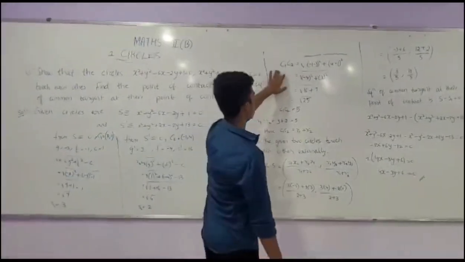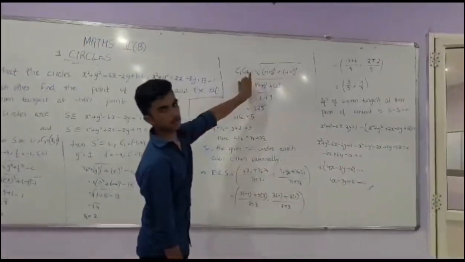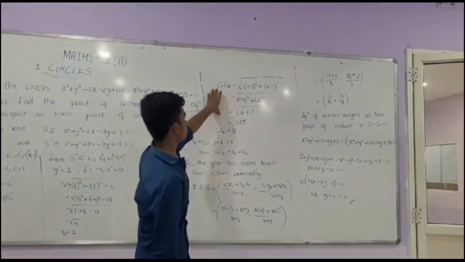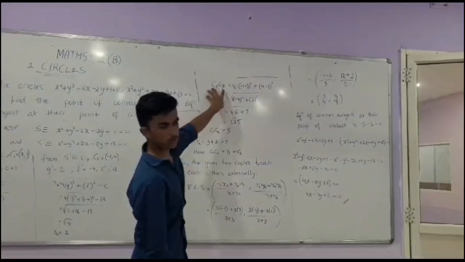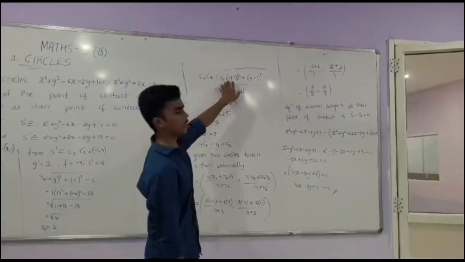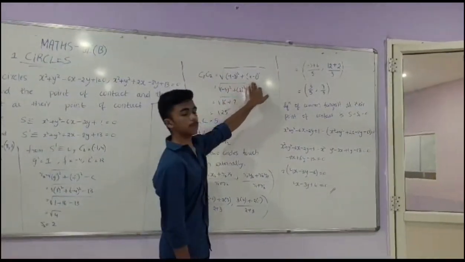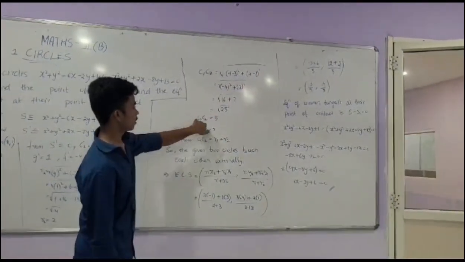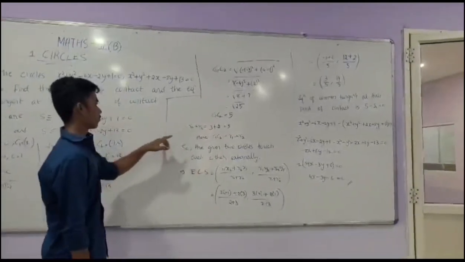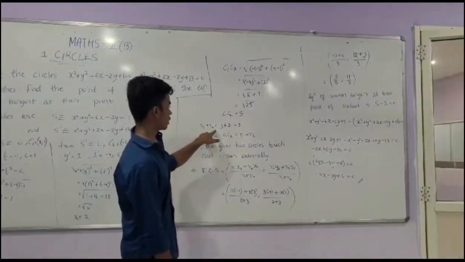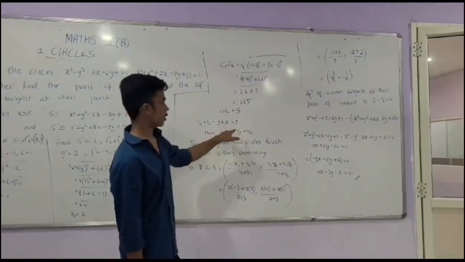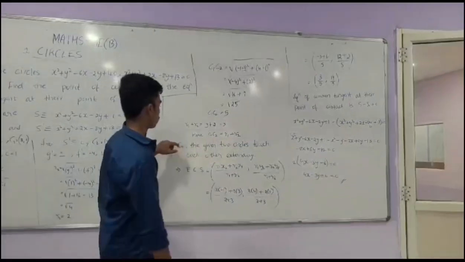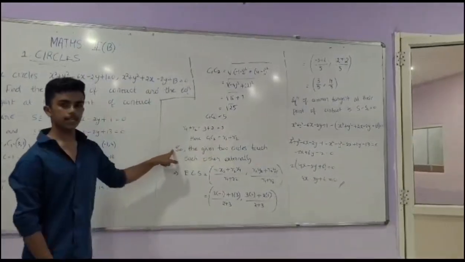So now C1 C2. We know the distance formula, that is under root (x2 minus x1) whole square plus (y2 minus y1) whole square. So the distance from center 1 to center 2 is given as under root (minus 1 minus 3) whole square plus (4 minus 1) whole square. That we get as root 25 and that C1 C2 value is 5. So by adding both the radii, r1 plus r2, that is 3 plus 2, we get 5. So here C1 C2 is equal to r1 plus r2. So the given two circles touch each other externally.